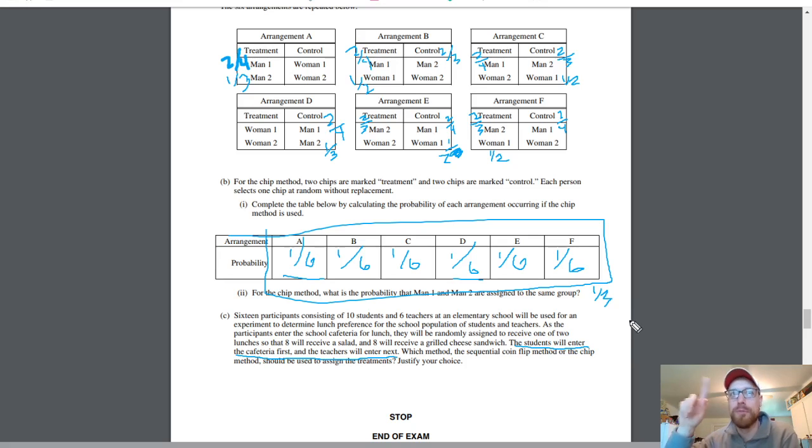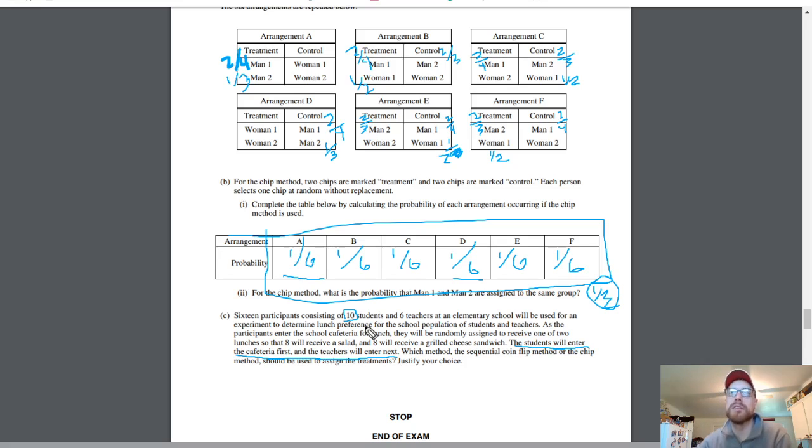Right, so when we went up to A, part 2, you saw that there was a 50% chance that man 1 and man 2 were assigned to the same group, whereas here there's only a 1/3 chance that man 1 and man 2 are assigned to the same group. Because with the coin flip method, you could get all of the students having one of the lunches or the other one, and that will bias it